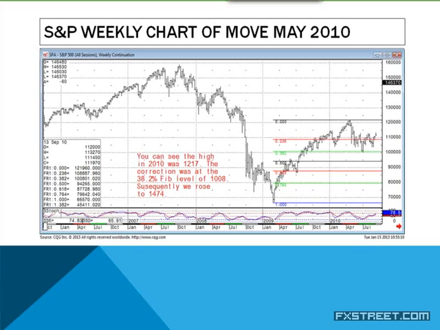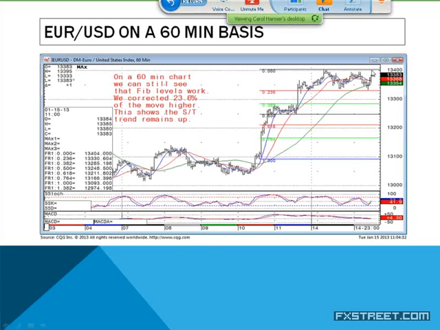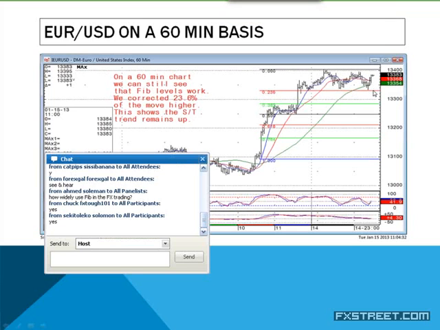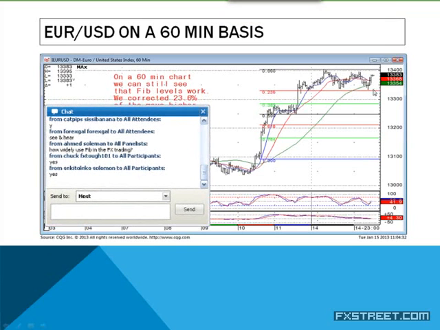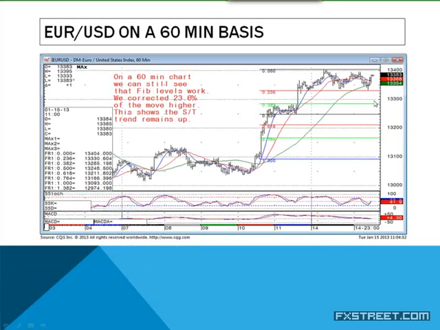Now, you can use these Fibonacci levels over any time frame on any market. They work just as well. So I've shown you the weekly S&P chart, and this is a euro dollar on a 60-minute chart. Now, I did this this morning. You can see here where we corrected back to the 23.6 level. We couldn't break higher. The market did subsequently come down, broke below here, and last time I saw it, it was around about the 133.10 level. But you can see there that 38.2, which is